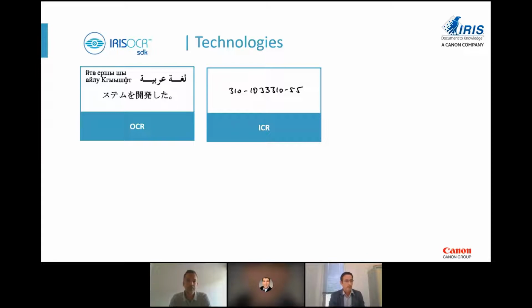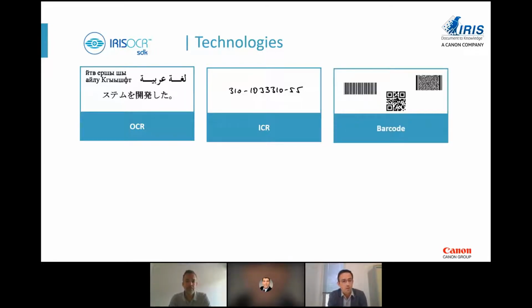Next to that, we also have barcode, 1D barcodes and 2D barcodes. We support most of the types of barcodes which you could be relying on in our toolkits. What is interesting is that inside of our toolkit, we have several engines. Some are more specialized in one type of barcode and the others in another type. So when we have these different engines, we can do a voting and ensure a higher accuracy in terms of barcode recognition.